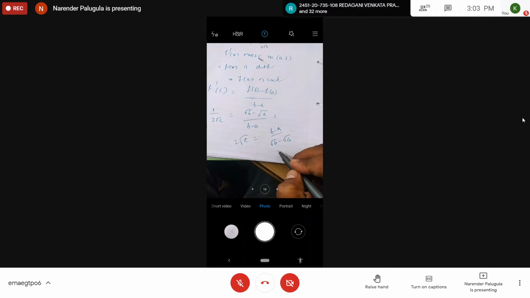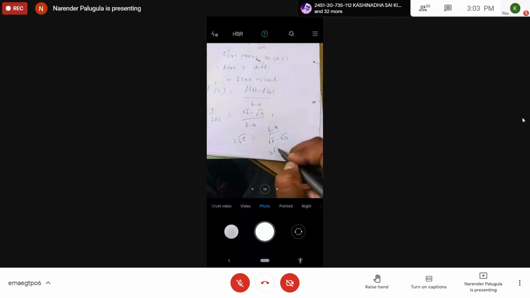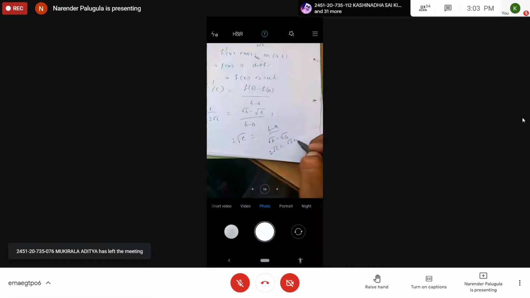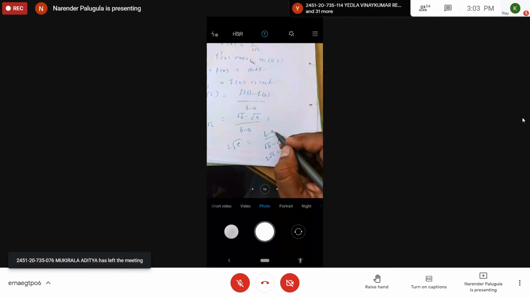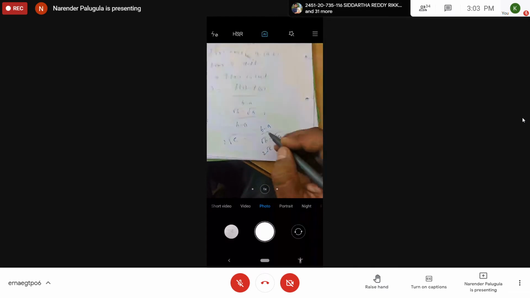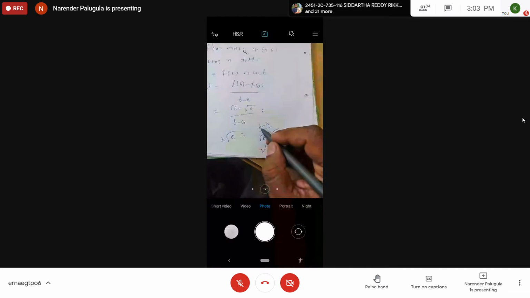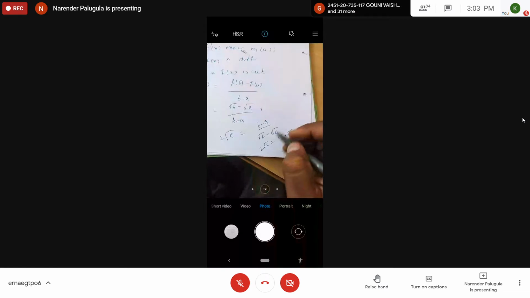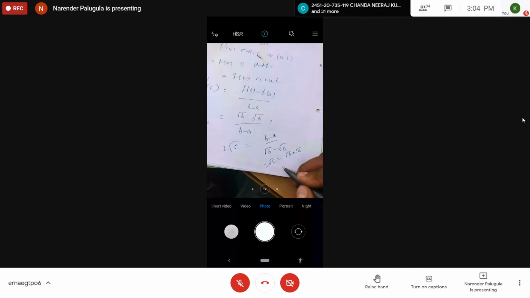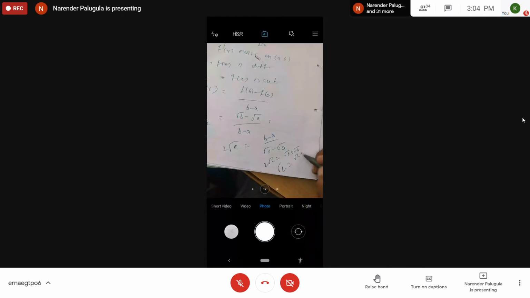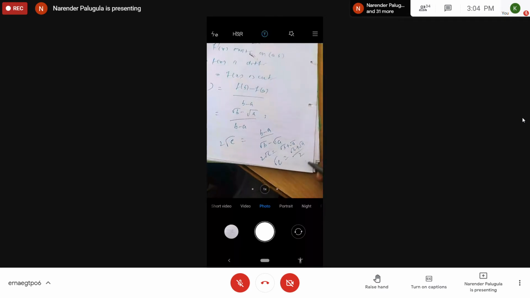Sir, we can rationalize, right? Rationalization. So multiplying by root b plus root a, we get 2 root c is equal to root b plus root a. In b minus a, b is root b squared and a is root a squared, so b minus a is root b squared minus root a squared, which we can split into root b minus root a times root b plus root a. The two factors cancel. Finally we get root b plus root a. So root c is equal to root b plus root a by 2.